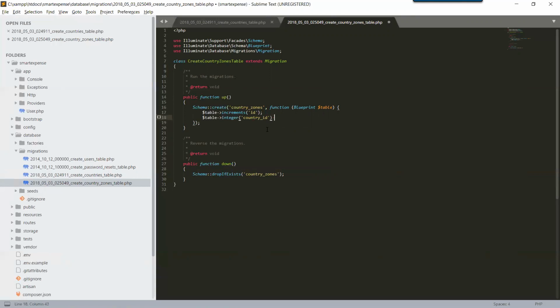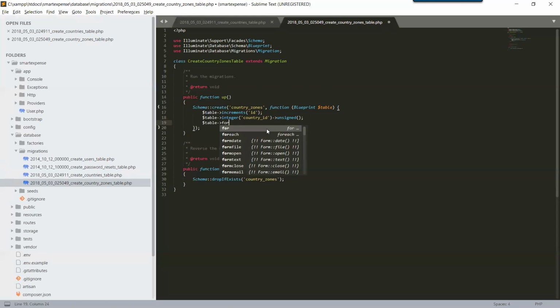It will be unsigned, a positive integer, and we have to make the relation, so we will give a table foreign, and the foreign field will be country ID that we have just defined here.